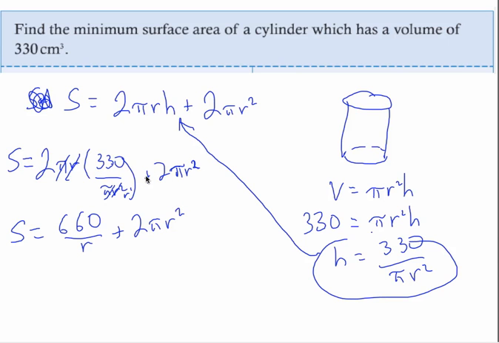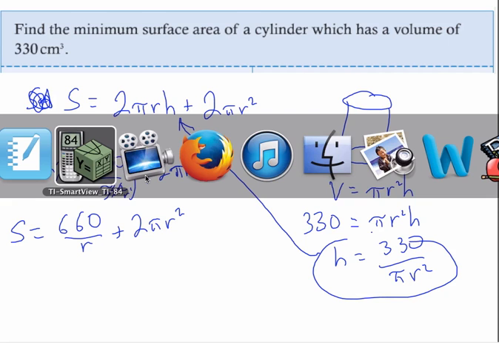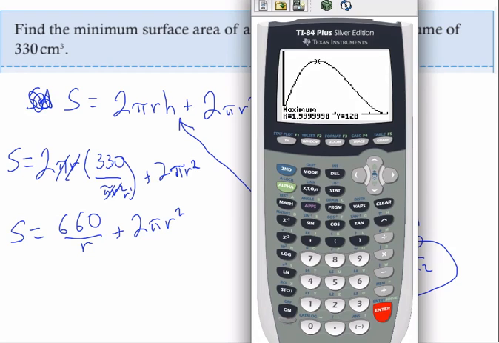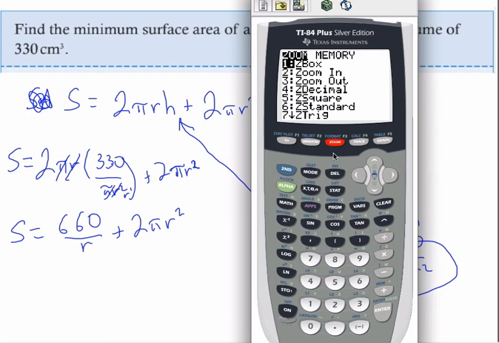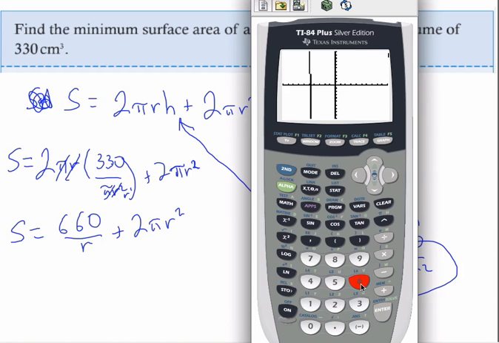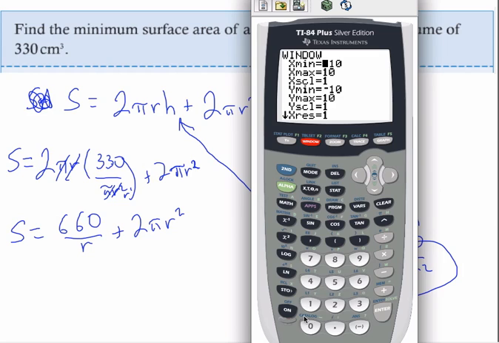So you can find the derivative and all that, or if they don't tell you to find the derivative, you can use your calculator again and type in this function. So 660 divided by x plus 2 second function pi, or r squared, well x squared in this case. So there's the function. Now I could try zoom 6, but usually you don't get to see anything with that. Well, we know that the radius obviously has to be greater than 0,